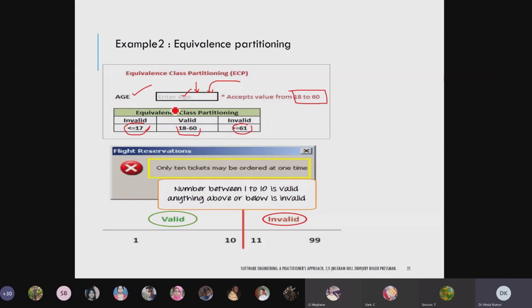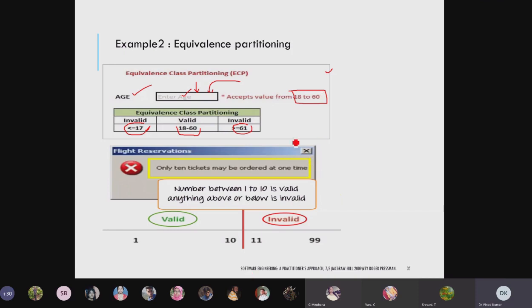So like this, we have one valid and two invalid cases, and with that I have checked whether my system is working or not. If I found any error, I uncovered it, and whatever test cases failed, we will look for solutions there.